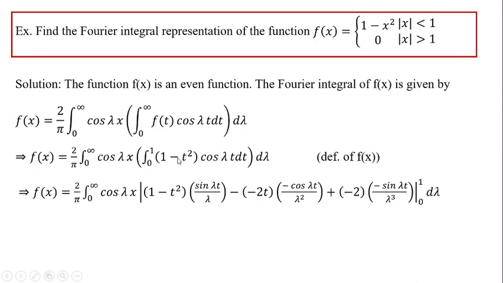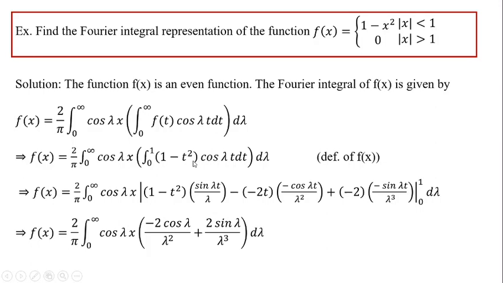Now let's apply successive integration by parts here by taking 1 minus t square as u and another function as v. So apply successive integration by parts or Bernoulli formula. We will have such type of simplification. Let's apply the limit 0 to 1. When I apply the upper limit, this term vanishes, so the first term vanishes. And for the lower limit, we will have the term sine lambda t upon lambda. When I put t as 0, then sine of 0 is also 0. So the first term completely vanishes.